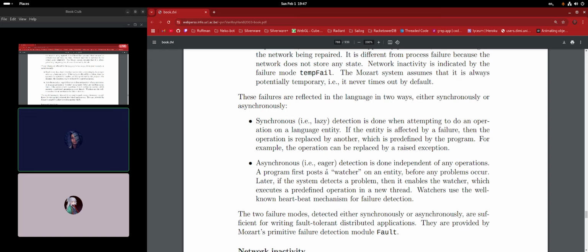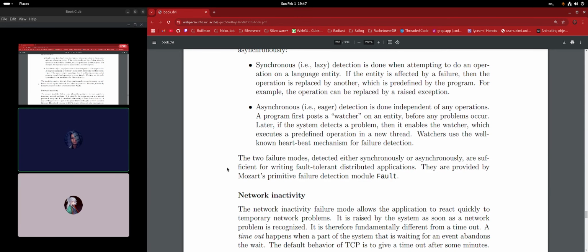The reason it needs a watcher is because the program went through, it's asynchronous, it didn't get blocked. So you cannot immediately, after timing out, call the predefined program. You need to inspect another entity to be able to tell that something went wrong because it's asynchronous. The two failure modes detected either way are sufficient for writing fault-tolerant distributed applications,